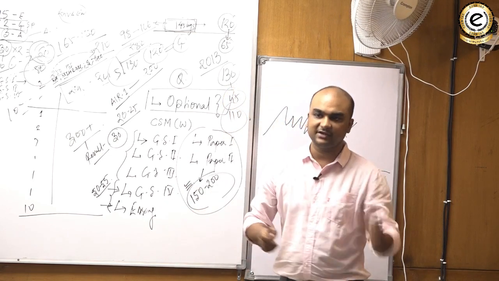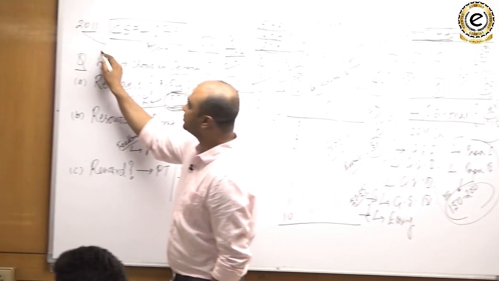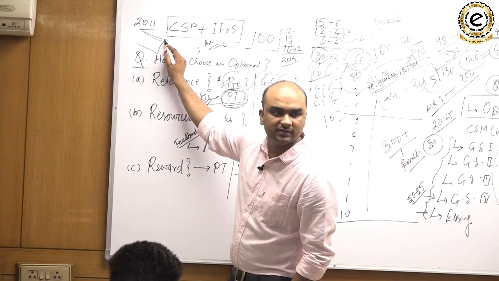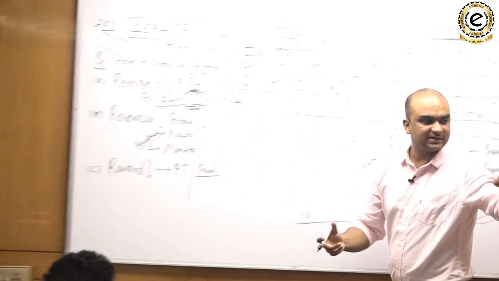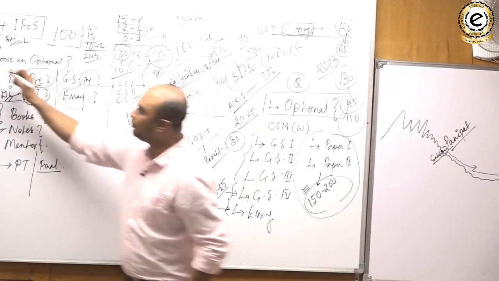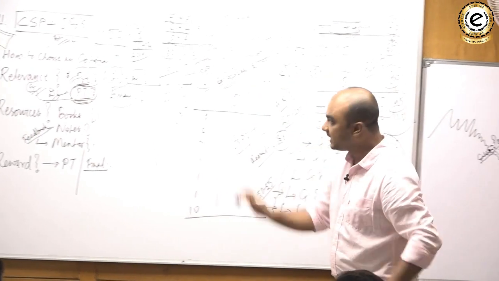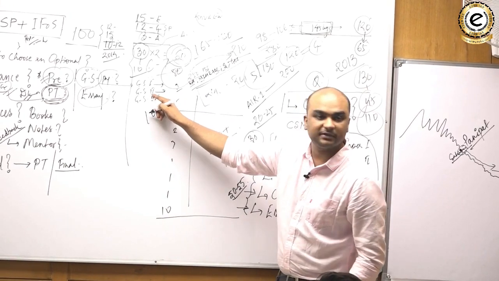International relations, like for example, are you hearing about this, that Iran is saying all the time that it will close down the Strait of Hormuz. Suppose you don't know what is a strait, what is a bay, or what are these things, and you have a lack of knowledge of geography, can you understand international relations? No, you cannot. That's why geography becomes important in GS paper 2 as well.